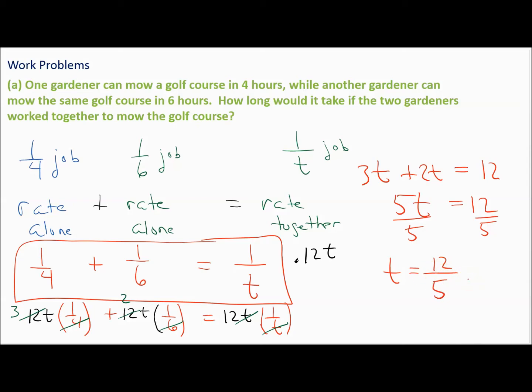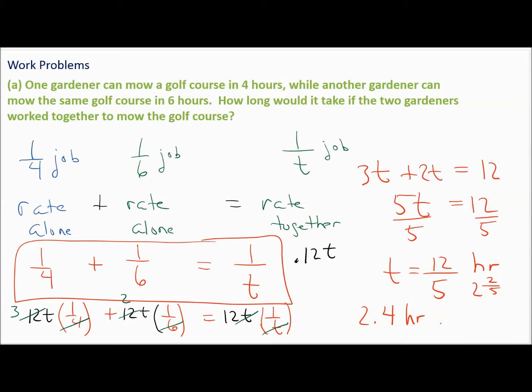12 fifths of what? Remember the other was in terms of hours, right? So this is 12 fifths hours, and that might not mean a lot to you. How long is 12 fifths? Well, if you think about it as a decimal, you do 12 divided by 5. Just type it in your calculator. 12 divided by 5 would give you 2.4 hours. Or you could think about it as a mixed number. 5 goes into 12 2 times, and then there is 2 left over, so 2 and 2 fifths,